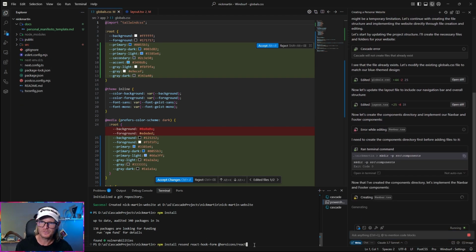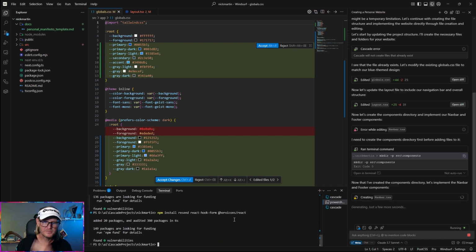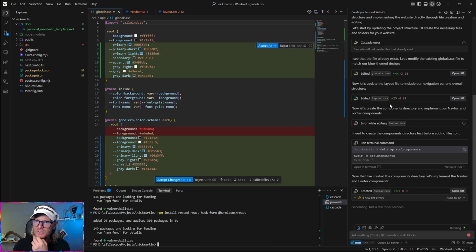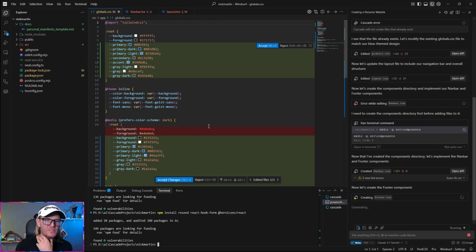And so right now we're just going to install this, Resend. It should go without any problem. Yep, 20 packages from Resend. All right, that's done. And now it is just doing the layout, the nav bar. We're going to get some errors, but hopefully it will fix them